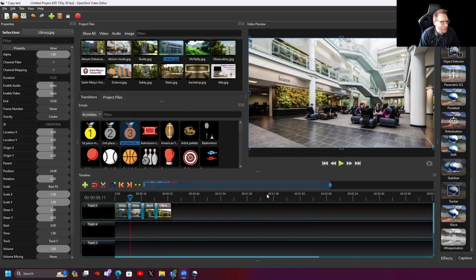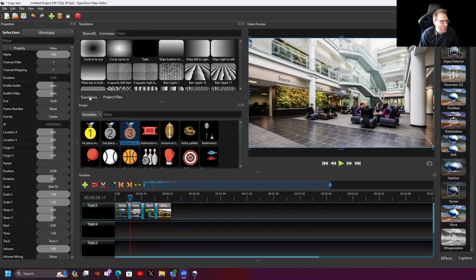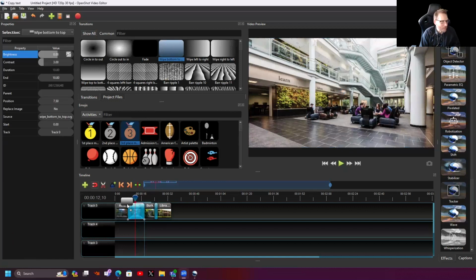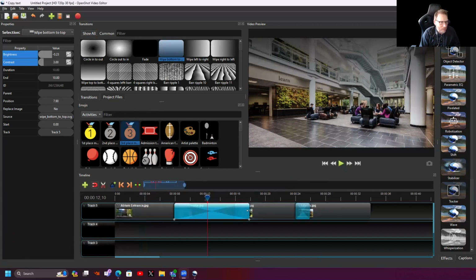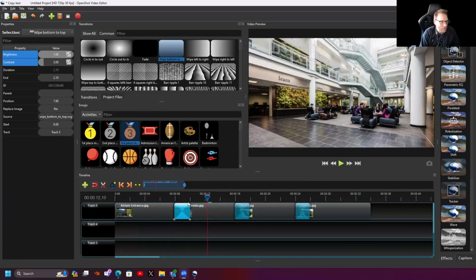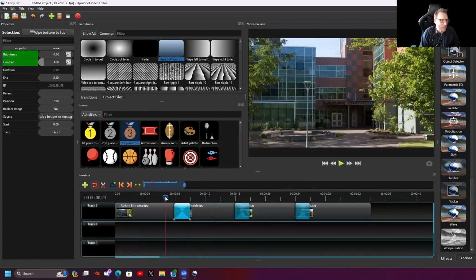And now I'm going to show you some different types of transitions that we can use. Instead of the primary fade, we're going to try a couple different things. So for instance, I don't like a fade, so I want to do a wipe to bottom. So up here in my transitions, I'm going to click wipe to bottom. I'm going to drag it down on top. Let me just zoom in so I can see this a little closer. Adjust my transition to be the same length as my last one. And now, instead of it being a fade,